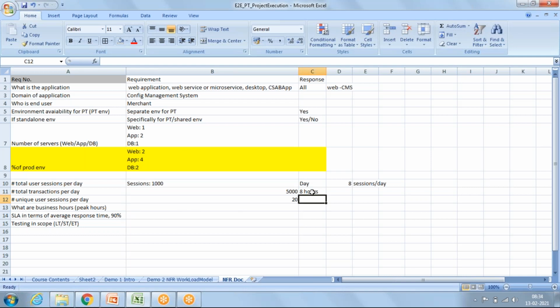So this is in a day, but we have to understand what the peak hours of the application are, when maximum users are accessing the application and doing all the activities. There are some hours they call the peak hours. Like in our office, our usual time is 9 a.m. to 6 p.m., but when we talk about the peak hours, the peak hours are like 10 to 11, when all the users are logged into the system and they're accessing something, doing something, and checking emails.